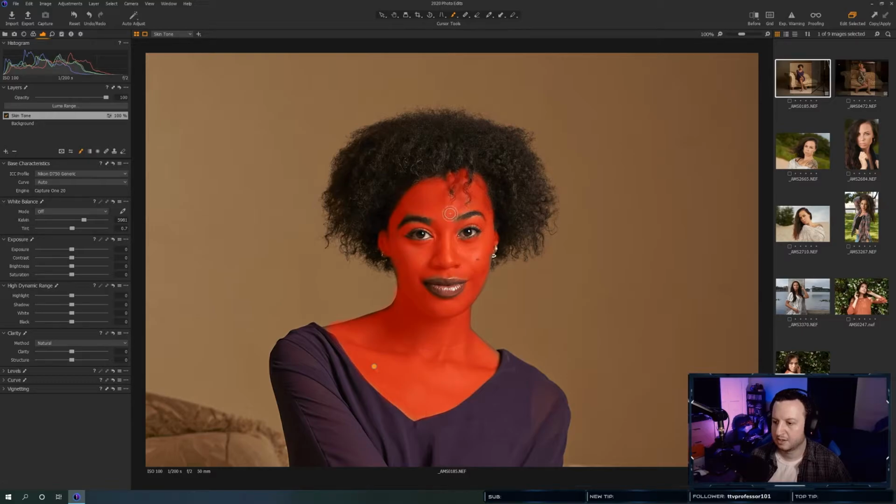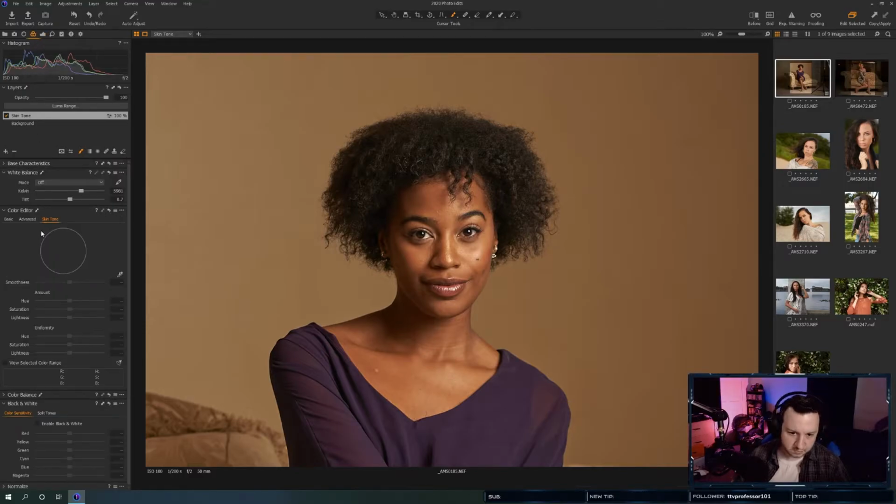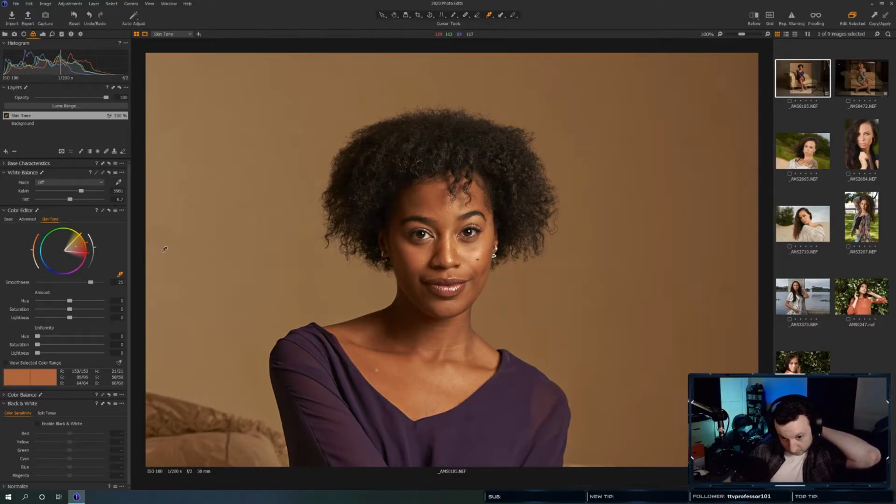All right. Okay. So now that we have our mask in place, what we're going to do is go into our color tools and go into the Capture One color editor. What this is going to allow me to do is select her skin tone I like. So probably right here on her cheek is a really good section of her skin tone. And then I have these dials here. I can adjust the hue of her skin, so more red or more yellow, which I don't need any of that.